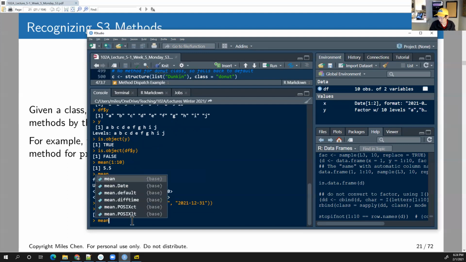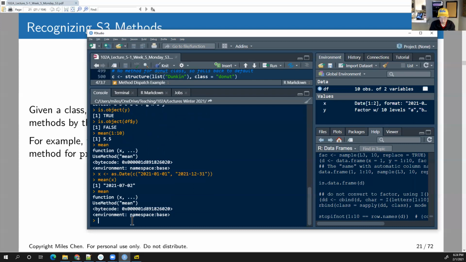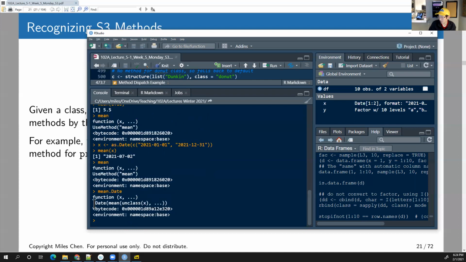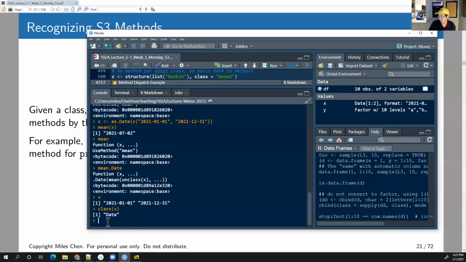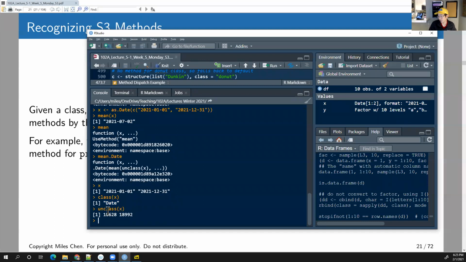And again, when you ask what it's doing, it's actually finding mean.date, and what mean.date does is it unclasses x, right? So again, x is a date, and we can ask what is the class of x, okay? It's a date object, but you can say, well, get rid of it with unclass x, and dates are actually stored as numeric values. I think it's the number of days since, I want to say, January 1st, 1970, which is kind of like the 0 point on